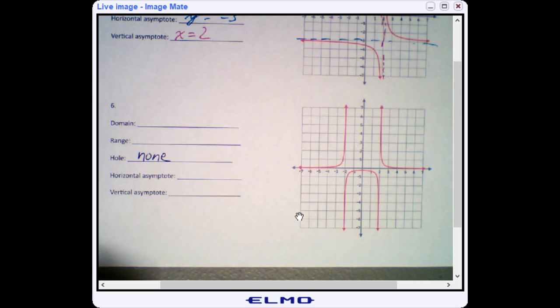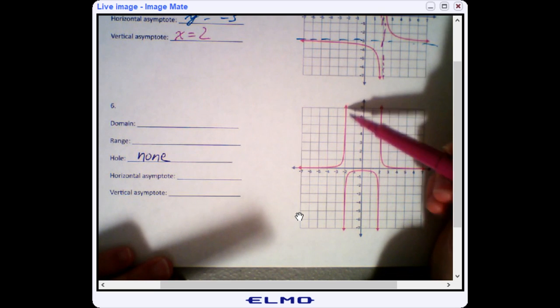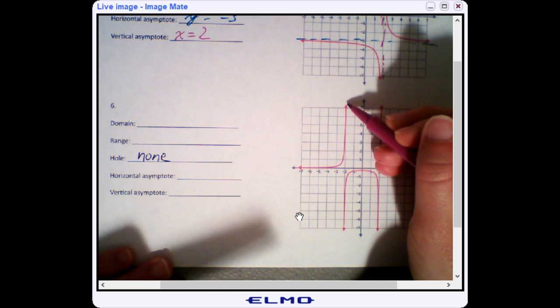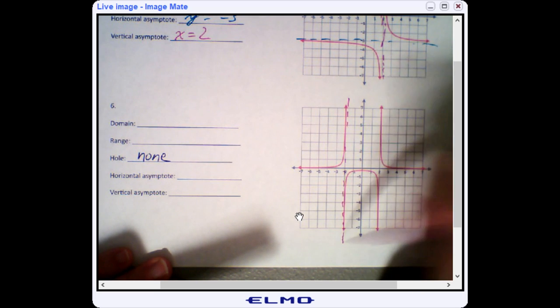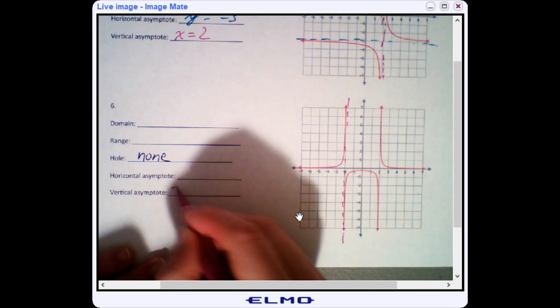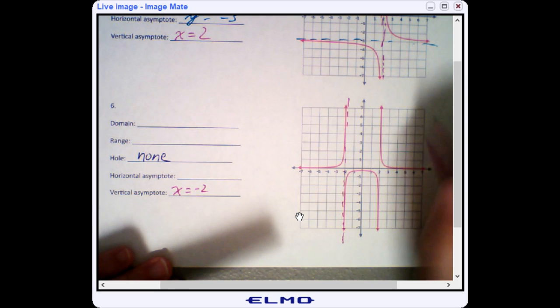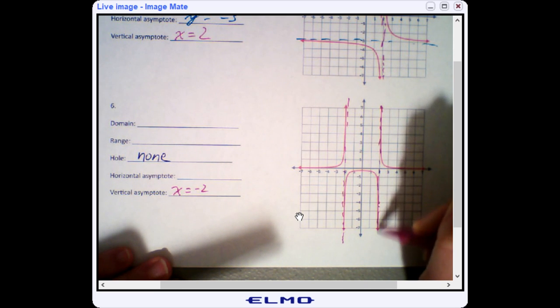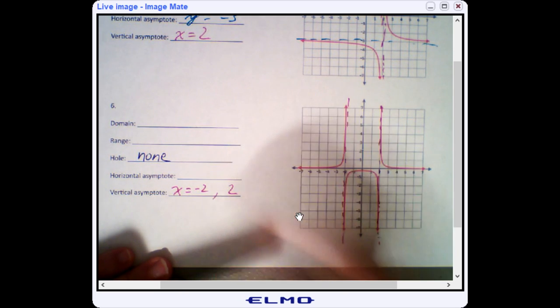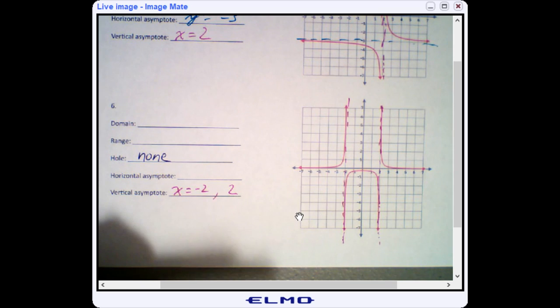When I look at this graph, I can see I'm getting super steep here and super steep here. So I'm going to have a vertical asymptote at -2. I'm also going to have another vertical asymptote because I see it gets super steep right around 2 again on both sides. So I have 2 vertical asymptotes here, and I can see that I'm getting